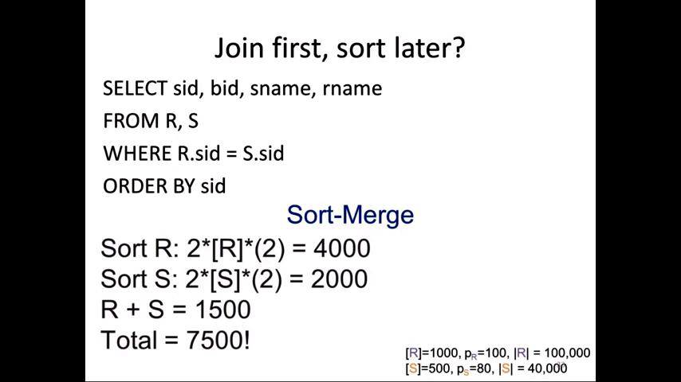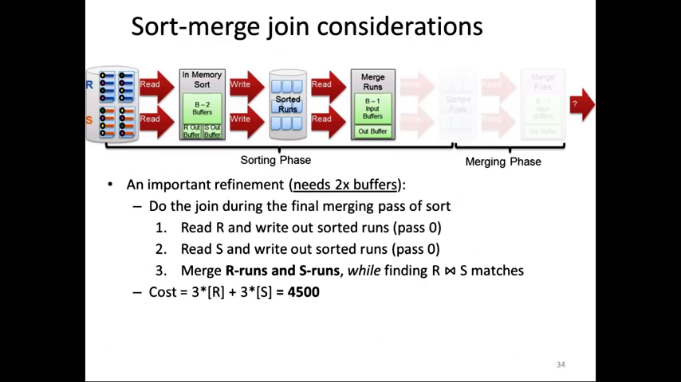So if the result of the join has to be ordered, sort merge join is the better option. If the result of the join doesn't necessarily have to be ordered, here the block nested loop join is the better idea. Okay, now